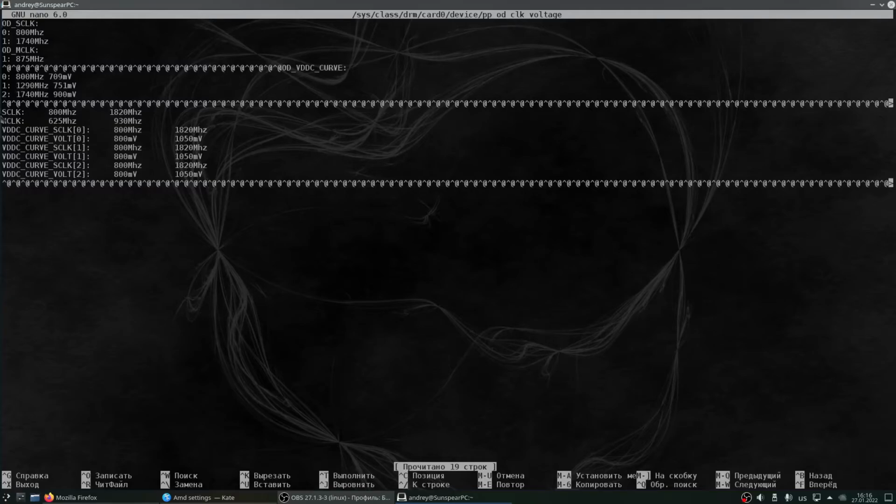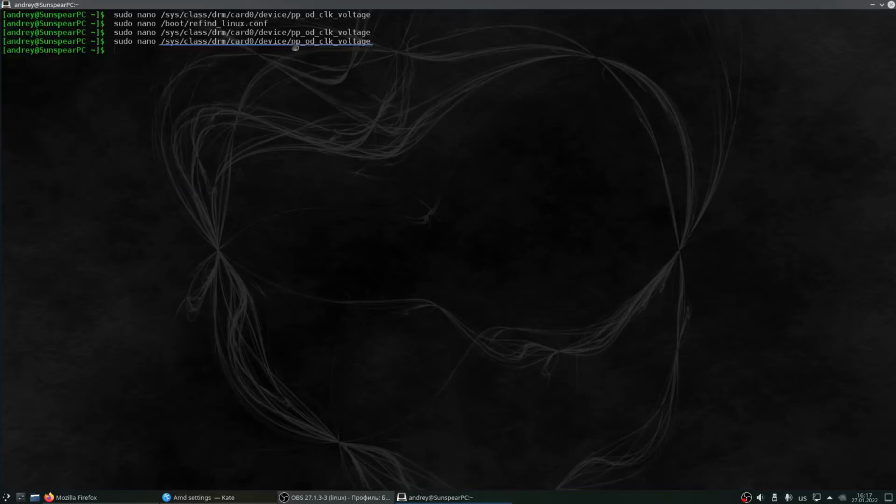In Windows there were P1, P2, and P3. And the third section shows the boundaries of each setting, so SCLK can change in this range and so on. So you can look at these settings and apply them to your GPU.